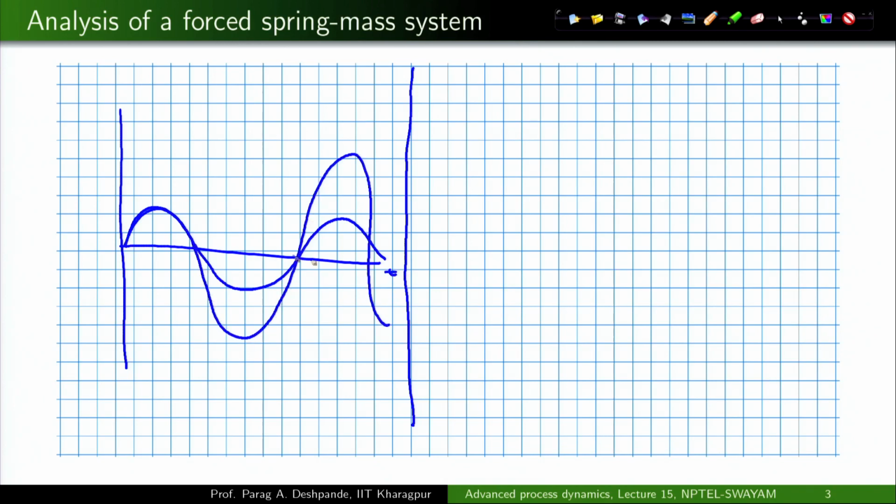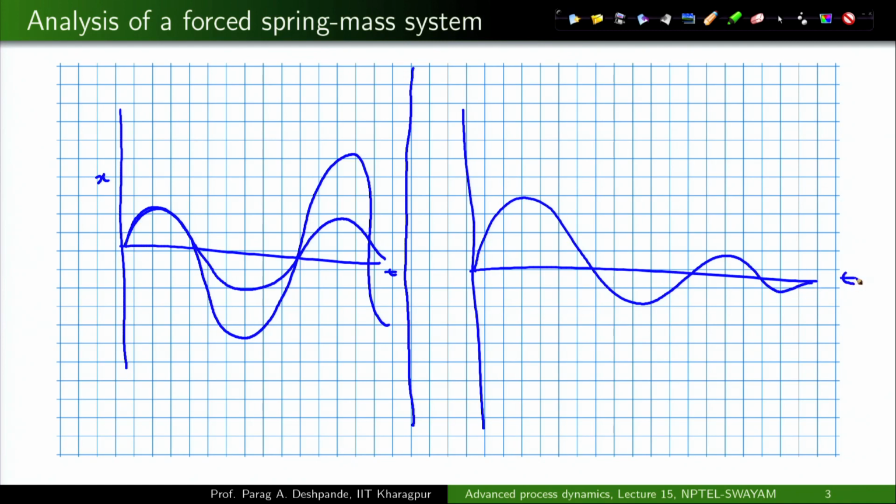This is t, this is x. Then you had damped oscillations, t x, and on top of the damped oscillations, when you put an external function,